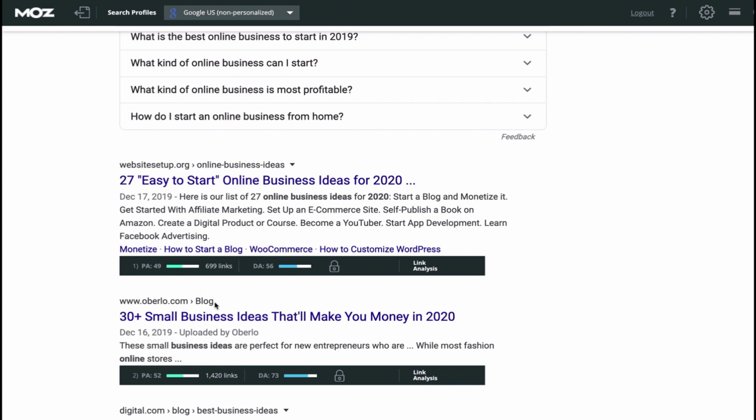Now, when they have hundreds of links, it's really hard and not easy, but that's what this domain authority tool gives you. It gives you a clue of how easy or difficult it will be to rank, and whether you should try to rank for this, or you should try to rank for keywords that are maybe easier. So you would use this when evaluating a domain and when evaluating potential keywords to rank for.